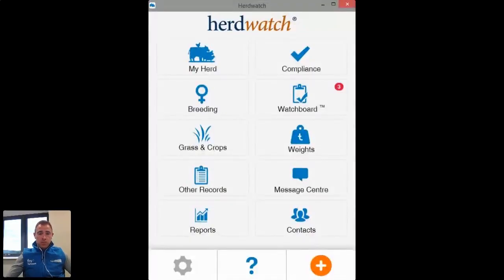So here we go. I know that many of you who are set up on Herdwatch will be very familiar with our home screen here. You can see all your icons here, the likes of your My Herd compliance icon, My Herd for checking out all the animals that are in your herd, and all your other icons are there to check what you've recorded in the app. But essentially, when you want to do anything new in Herdwatch, record anything new,